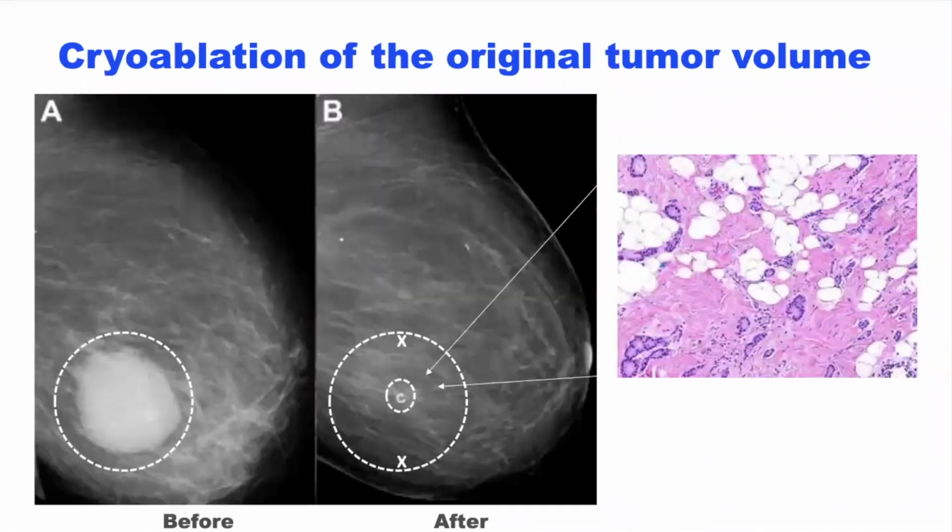And although I talked about the importance of having a clip so that you can know the tumor site, it also sometimes is helpful to have a clip to mark the borders, because even though the tumor appears to be gone from these areas, there might actually be, once again, small deposits of tumor in the tumor bed that could be the source of recurrence if those areas aren't completely treated. So I advocate treating the original tumor site so that you can account for the possibility of there being small deposits. I will conclude the presentation on the last topic in the interest of time,